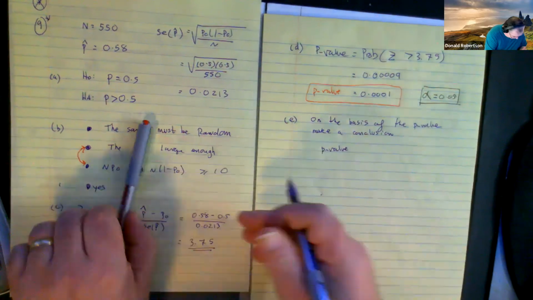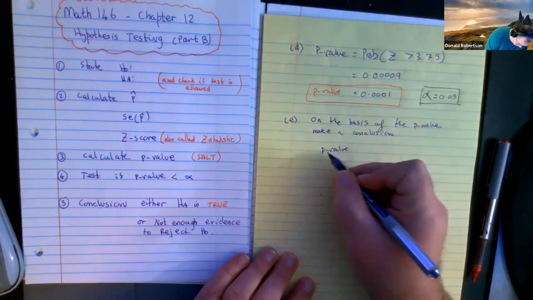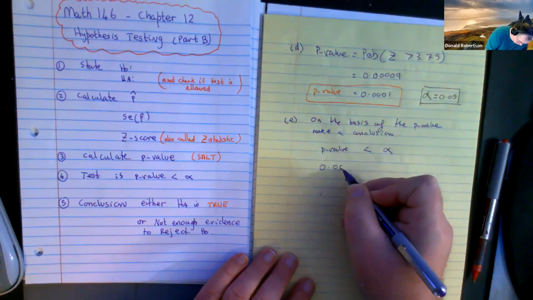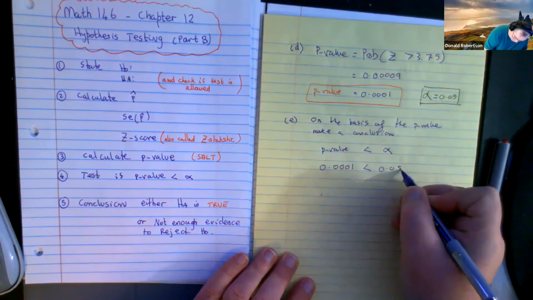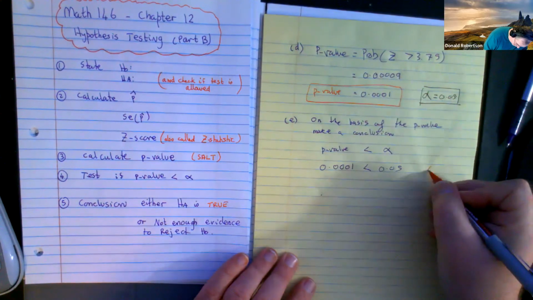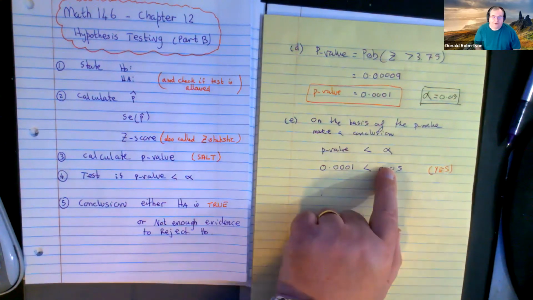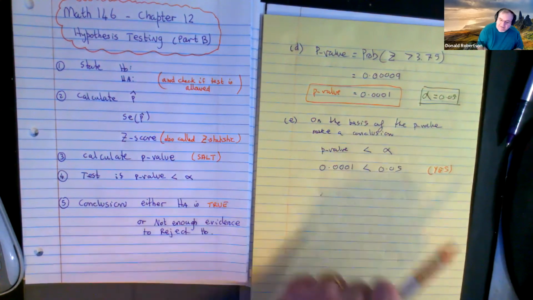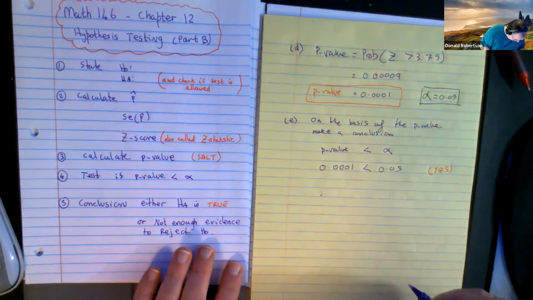Your test, right? Is your p-value less than alpha. In this case, is 0.0001 less than that guy? And your answer will be yes, it is, or no, it's not. In this case, that tiny decimal is less than this. Okay. If the answer is yes, your conclusion will be